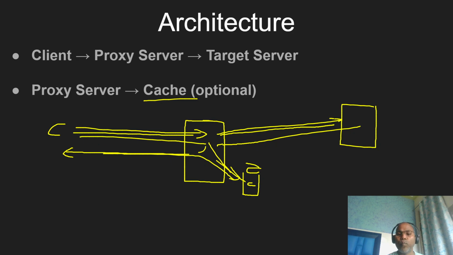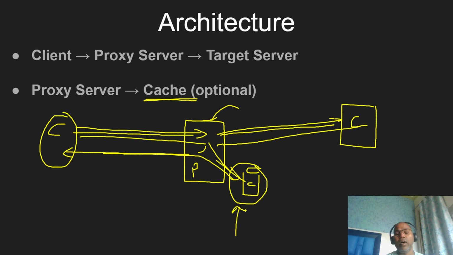So here we can put one cache component, maybe a local cache or remote cache or any kind of cache. This is optional, but to improve performance on a proxy you can apply some level of caching. This is the client component, this is the proxy server component, the original servers, and optionally the cache components.